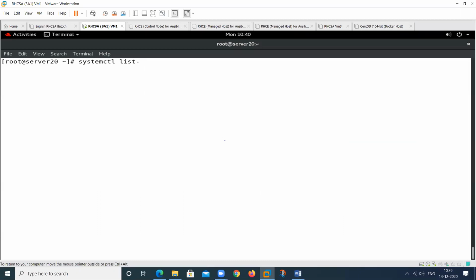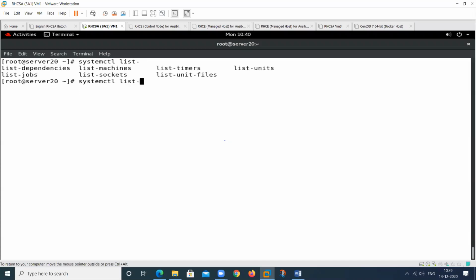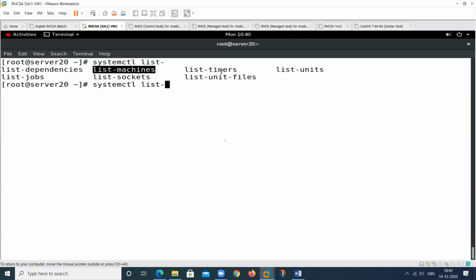This is called list, then type 2 times tab. So this is about list. We can list the dependencies, we can list the jobs, machines. So we have a lot of things: timers, file types, but at this time we use this one,